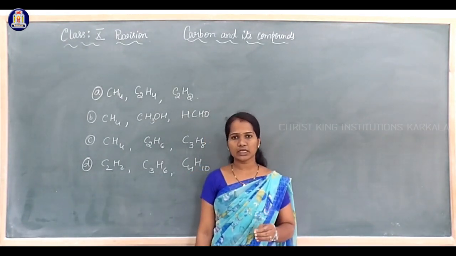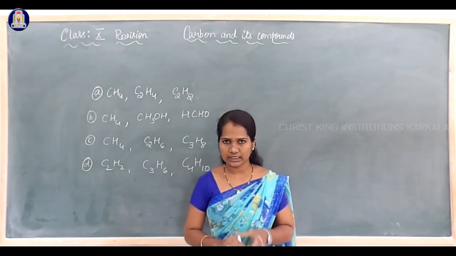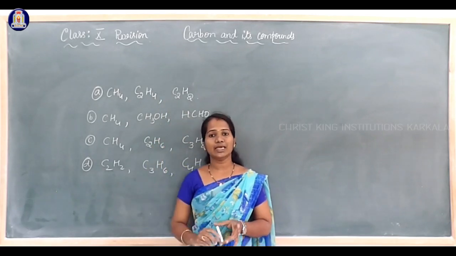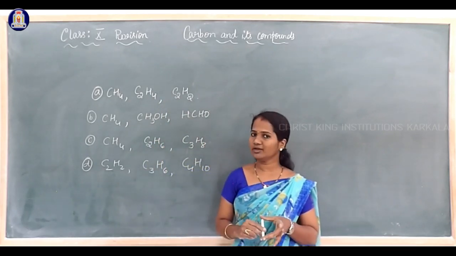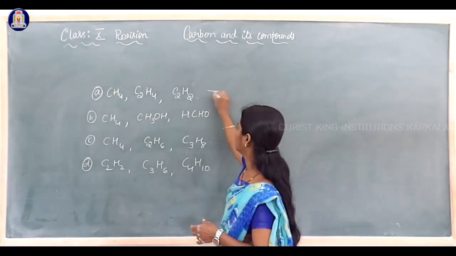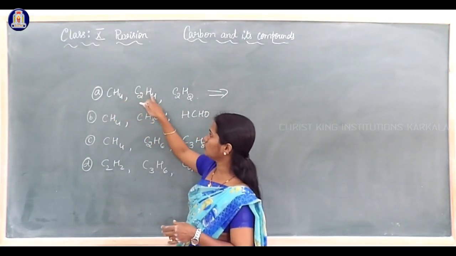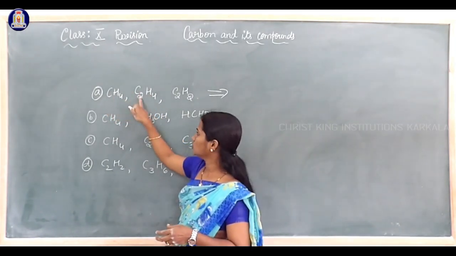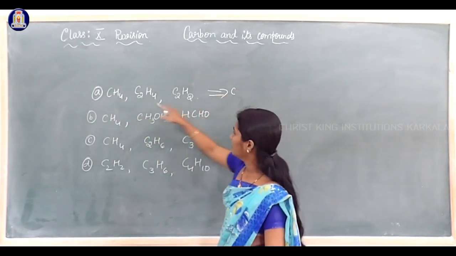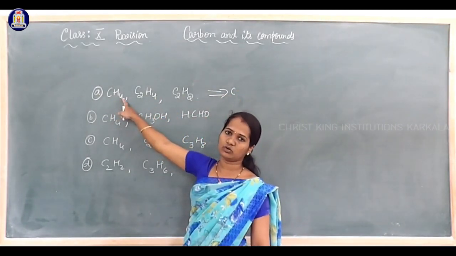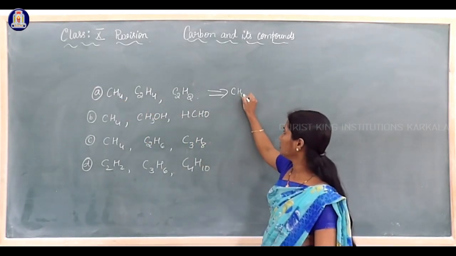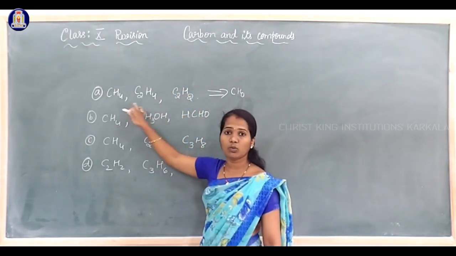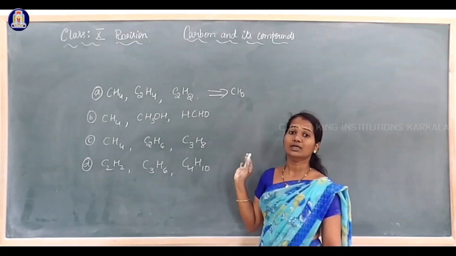To say the given compounds form a homologous series, you have to show the difference between two compounds. It should be a CH2 unit. So find the difference here. CH4, C2H4: 2 carbon atoms minus 1 carbon, only 1. But 4 minus 4 is 0, you will get H0. So they cannot form a homologous series. We should get the answer CH2.